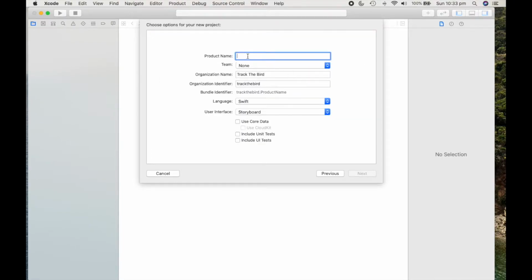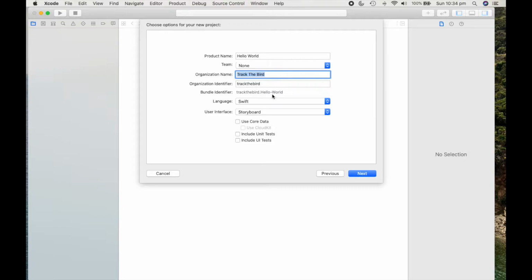Upon pressing next, you have to give a couple of pieces of information about the project. This project is a Hello World, so I will be giving Hello World as my app name. As for the team, we don't have any team right now. We'll be showing everything in a simulator, so we don't need to select it now. Later I will explain what the team is and all. Select the organization name, whichever is applicable in your organization and your circumstances.